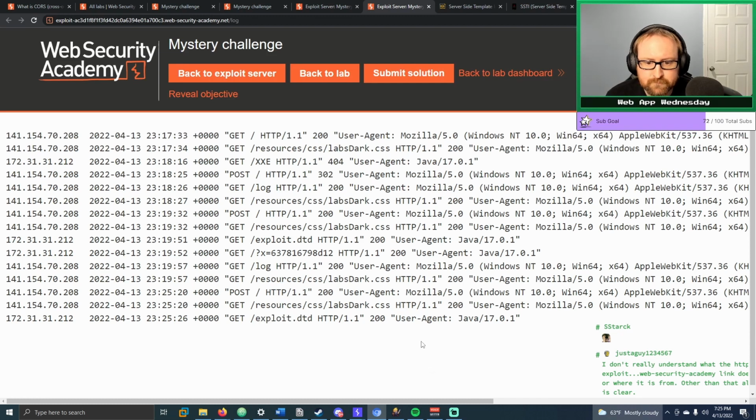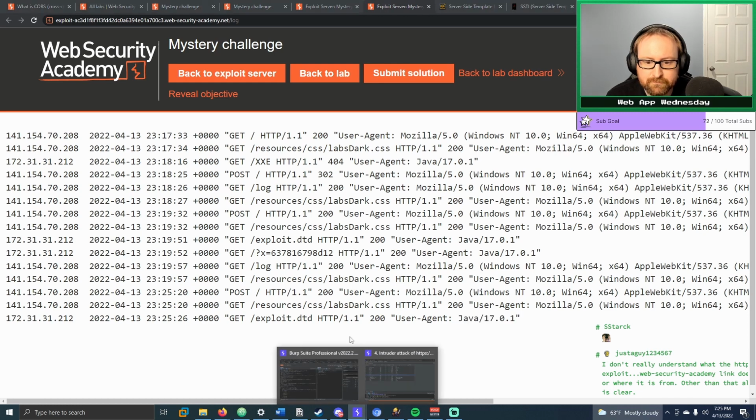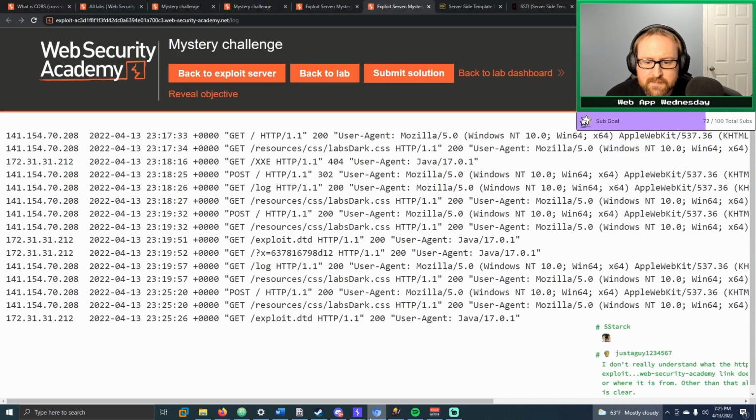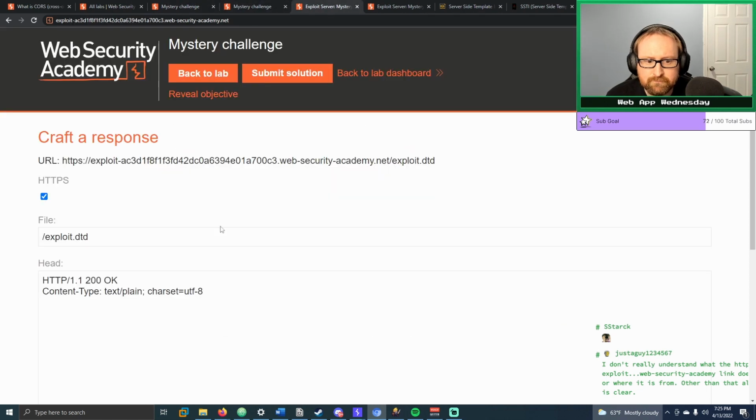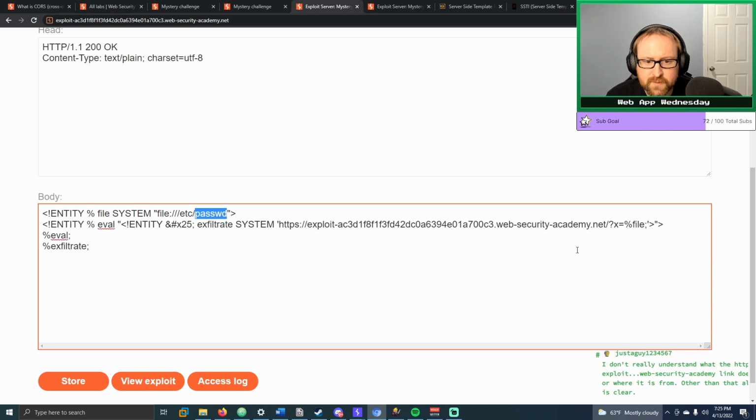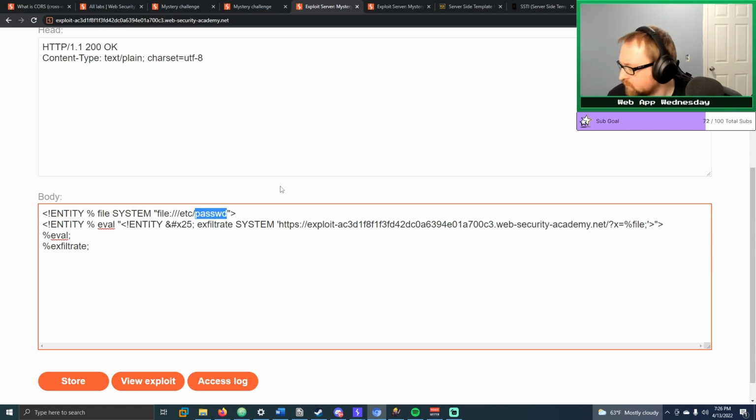Yeah, we didn't. But so this is Java, so I think Java it'll only read the first line. So I'm trying to think of other files in Linux which only have one line in them. That's why hostname's so good. I'm trying to think. Yeah, I can't think of one. Hostname is pretty much